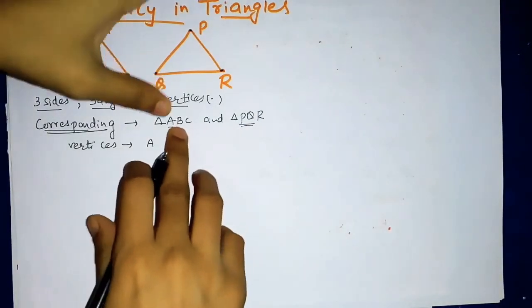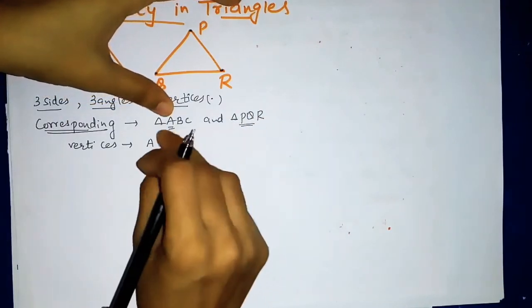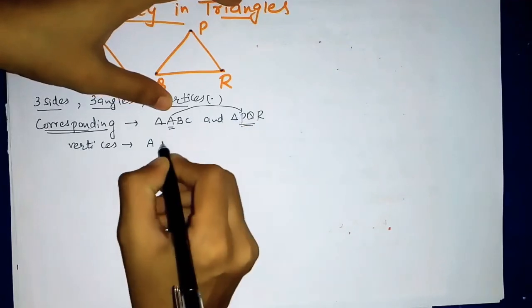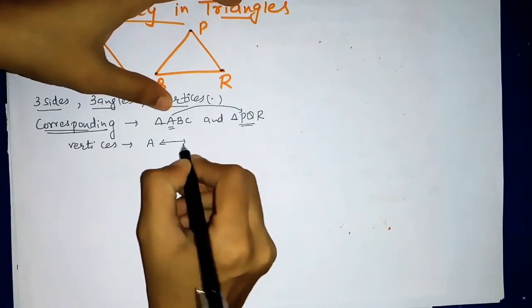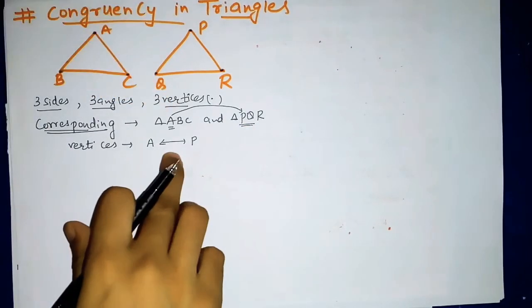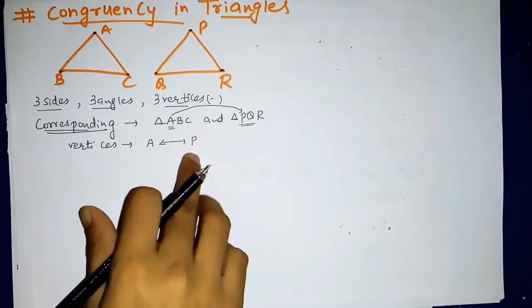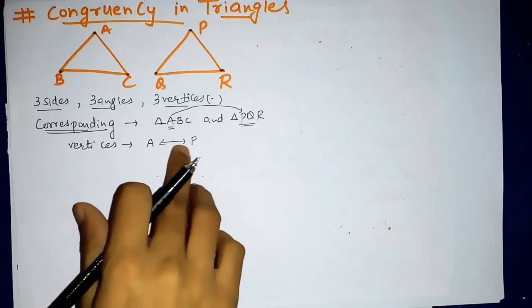Here there is A, so in this triangle, at the same position, at the same place as A, who is there? P. So A is corresponding to P. Now this is the symbol of correspondence. A corresponds to P. Hope it is clear. A corresponds to P means